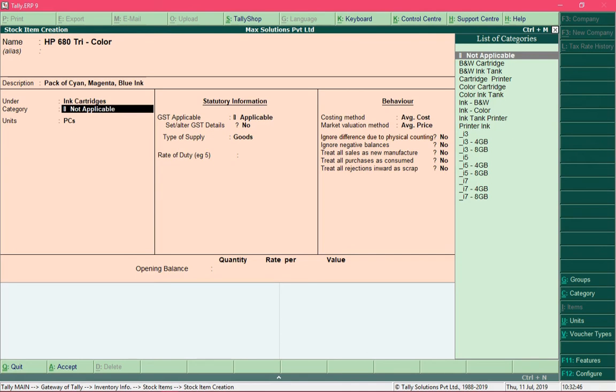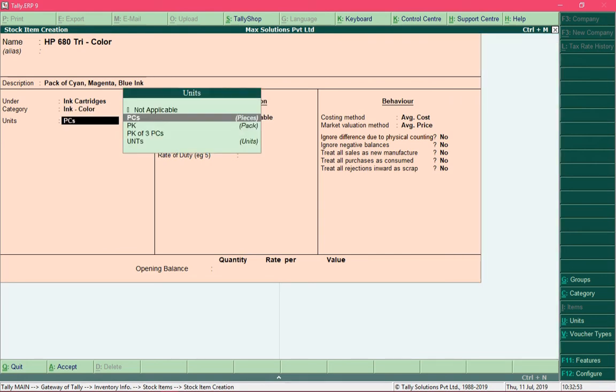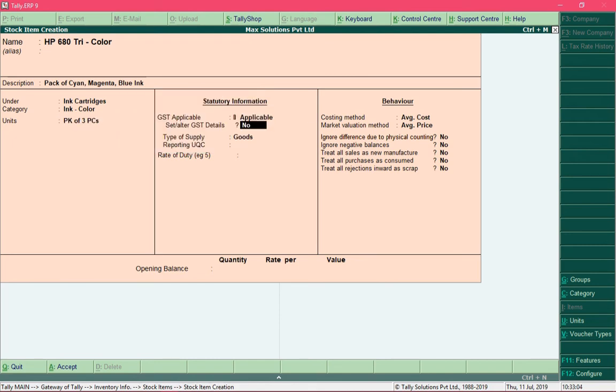Its category would be color ink, and I'm going to sell this as a pack of 3 pieces. So the appropriate unit would be pack of 3 pieces. I will select it, and then the reporting unit quantity code.